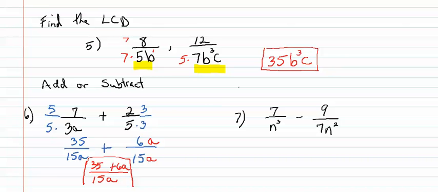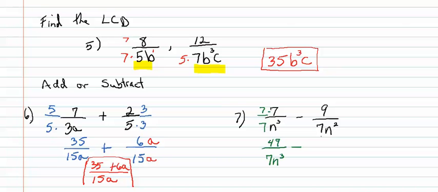Alright, let's do 7. Do they have a common denominator? And they don't. So this one has an n to the third, and this one has a 7 n to the second. Okay, this one's lacking a 7, so I'm going to multiply top and bottom by 7 over 7. And so now on this I have a 7 n to the third over, and this is multiplication, 49,